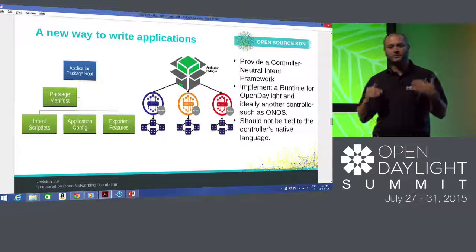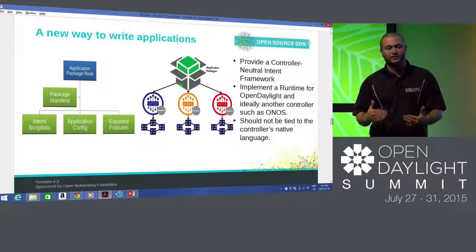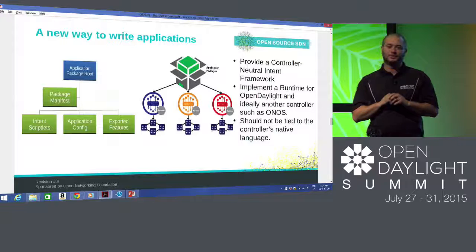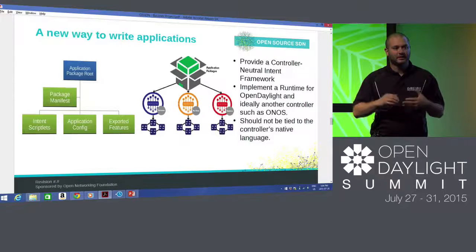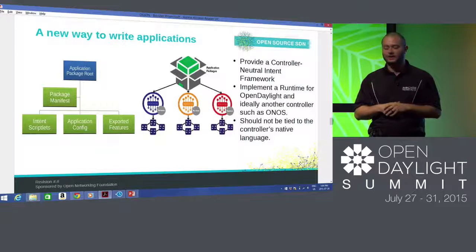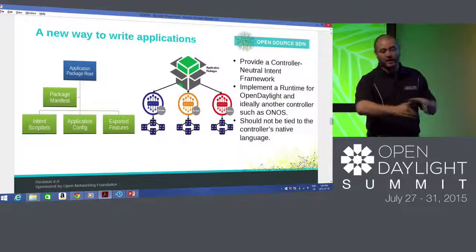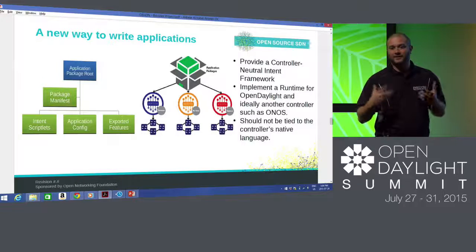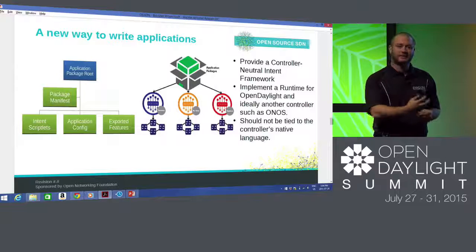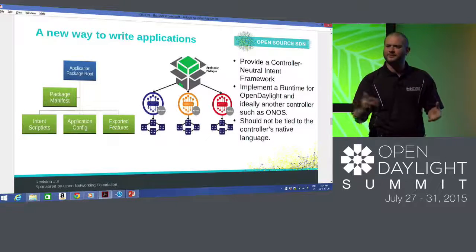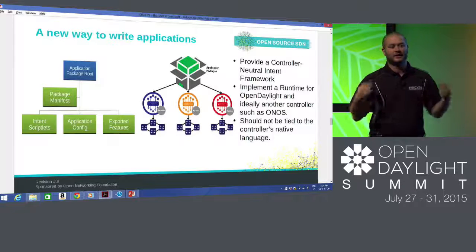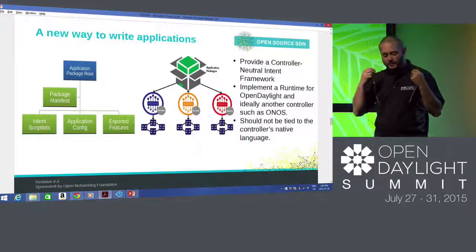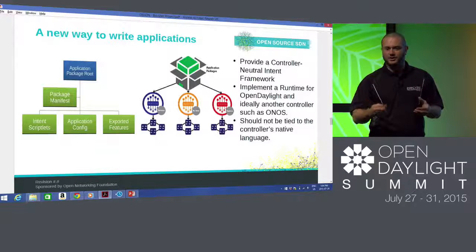The first step, though, is to simply push static structures down to your controller environments. So first step, data model, the ability to create the underlying grammar for intents across different controllers. Second step, have a runtime, an executable runtime that is portable, that is like, think of it as a virtual machine for Java or whatever. So what you want is a JVM-like equivalent with intent primitives that allows people to react and create applications on